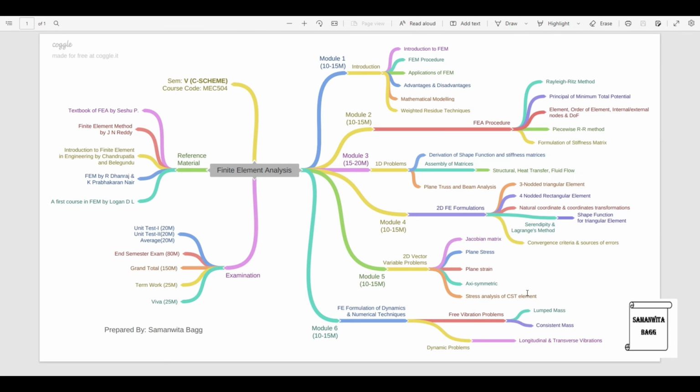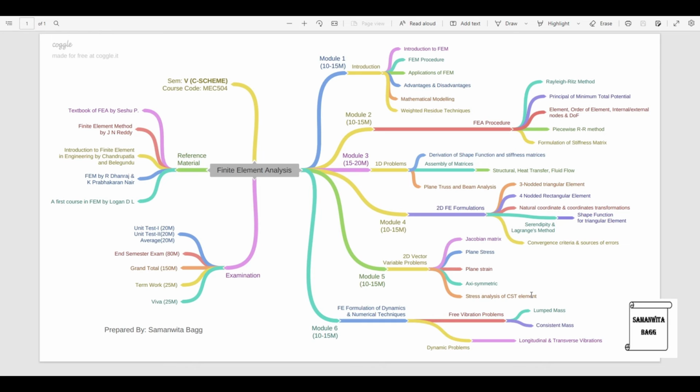You can see stress analysis. This numerical is mainly asked in the paper repeatedly for 10 marks. So this requires a bit of practice because there are matrix multiplications of various order. So this is something which you can expect, and also it is a little tedious, so you need to practice a bit.